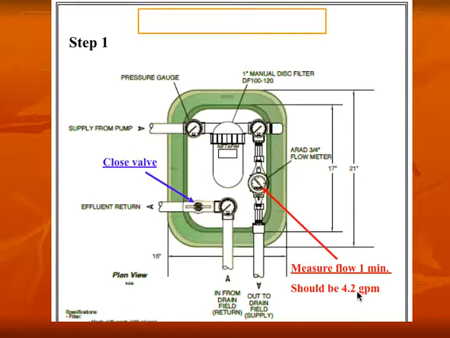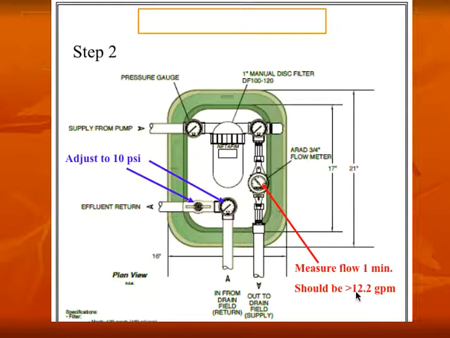Once we've made that determination, we're going to open up this flush valve and adjust the flow. And of course, the pump is still running. We're going to adjust this flow to 10 psi registered on gauge 3. And I'm still using the example of our earlier design flow where we needed a minimum of 12.2 gallons a minute. We'll do another 1 minute read on our meter, and we'll probably have a lot more than 12 gallons a minute, but that's going to be the minimum flow that we need to have for this system to operate